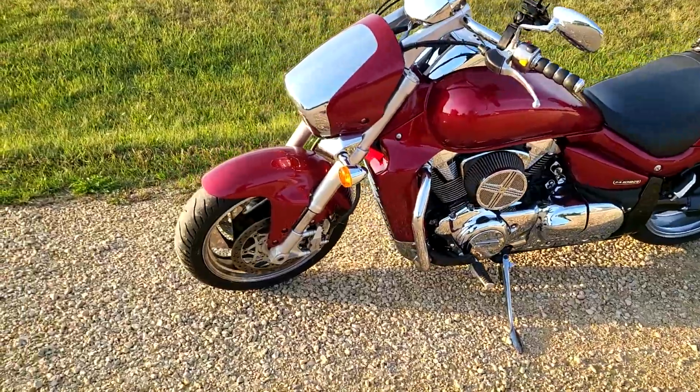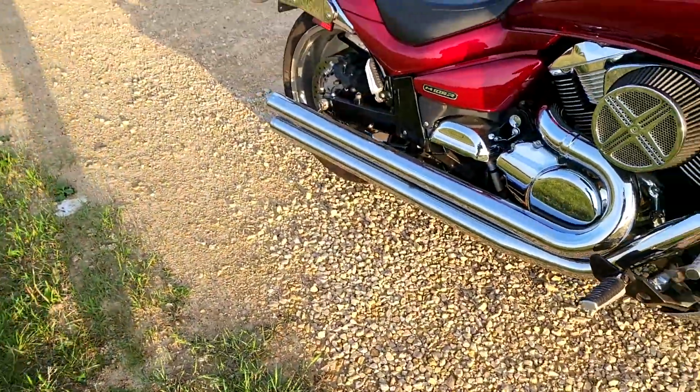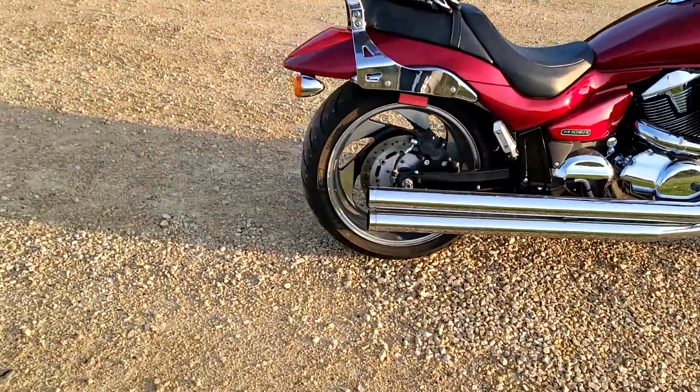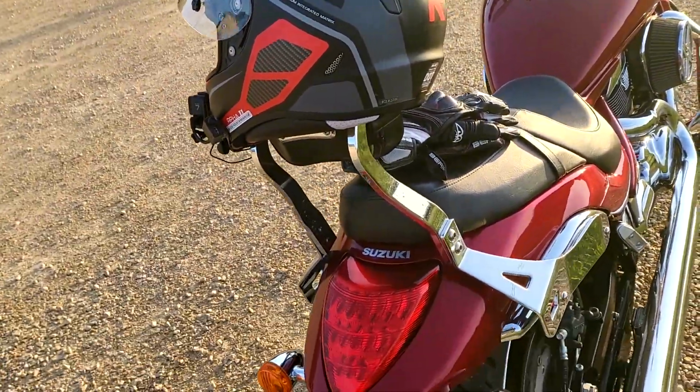Incredible looking machine. Got to show you the pipes on the side here. You'll hear them as they're riding because they're really loud, but check that thing out, man. The previous owner, this is a one-owner bike, and he really took good care of this machine. As a side note, if you got a little backrest in your bike, you can put your helmet on it,